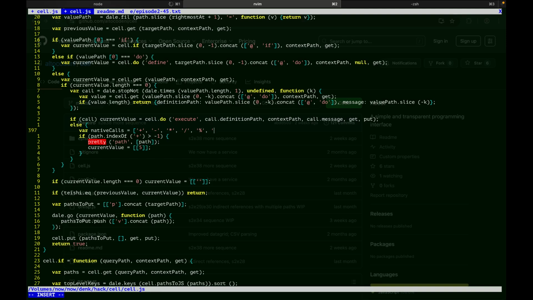We can also do greater than, less than. It's comparison. And the equality is going to be EQ, right? So we have the native calls would be